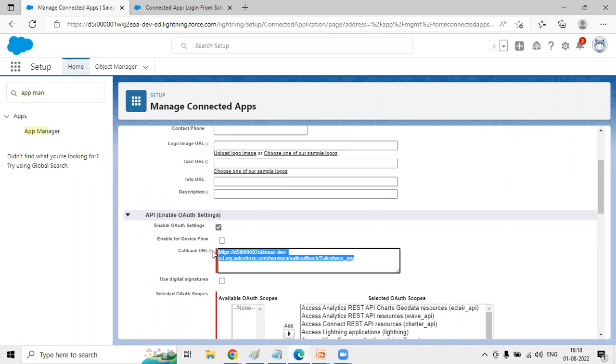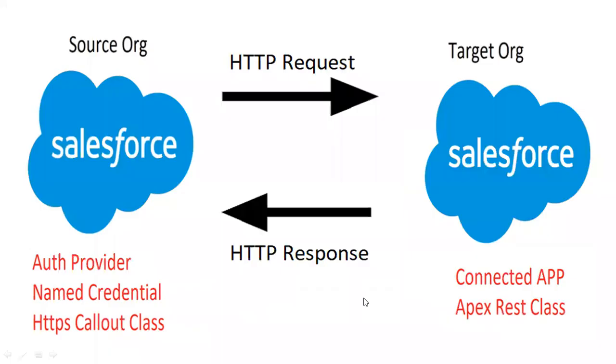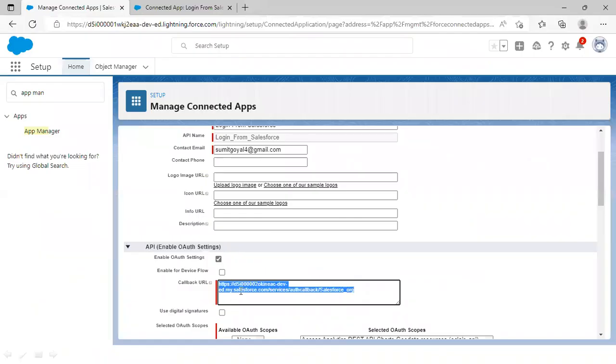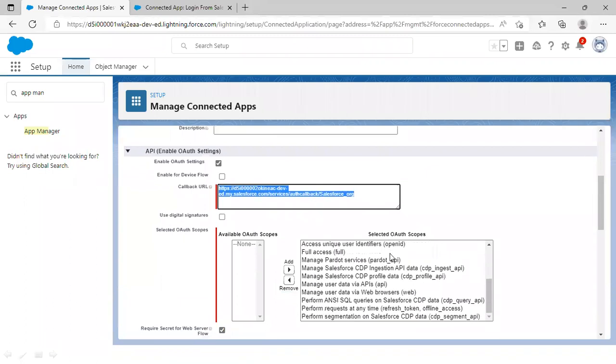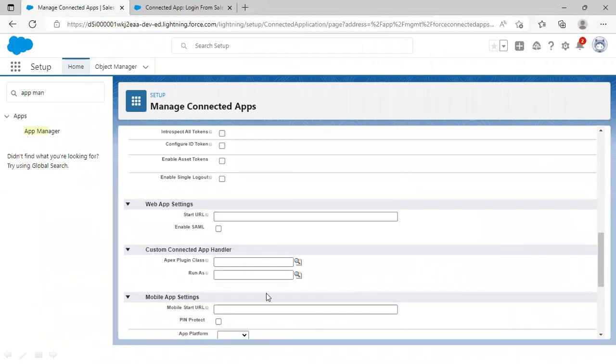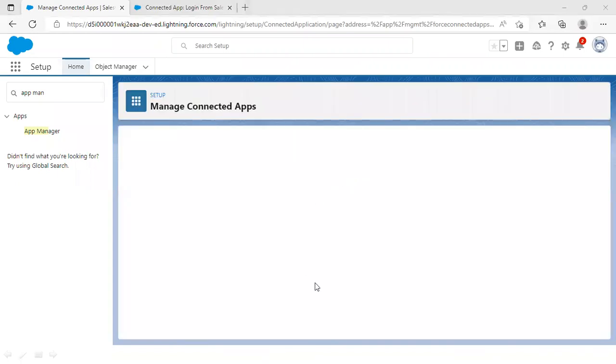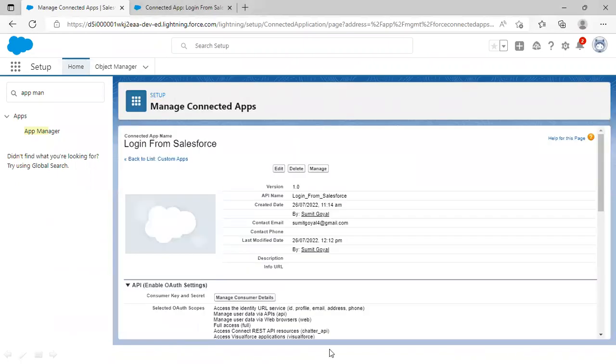So this callback URL is from where? This callback URL is of the source org, because whenever the source org makes a request to the target org for verification or for authorization, once the authorization is done, it will revert back to the source org. And how does the target know where to revert? This callback URL will help out. That's why I use the same callback URL here. So that's the callback URL from our source org. So we have successfully configured